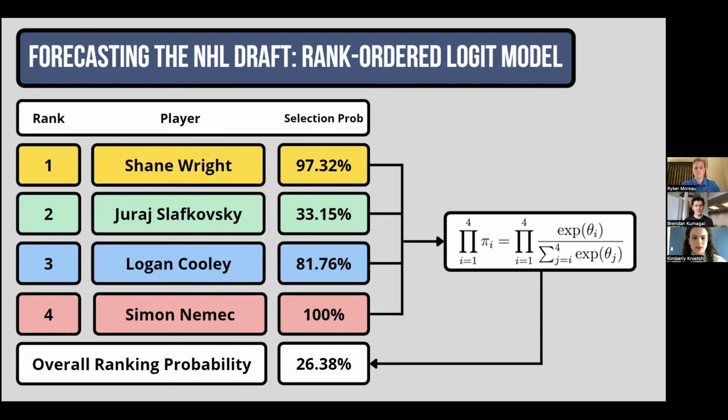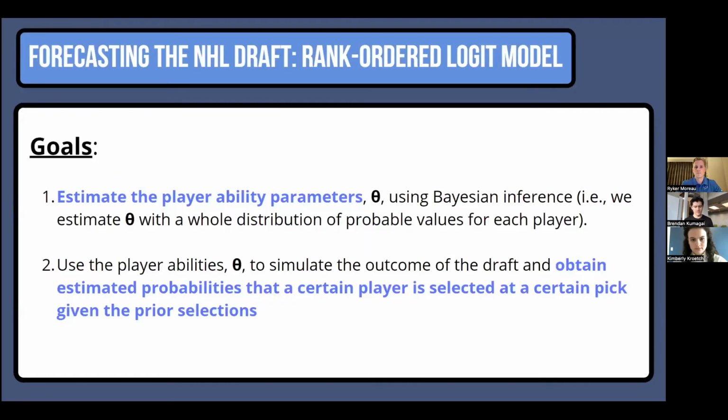And this can be written through this formula here. In our example, we find a 26% probability of obtaining our ranking set given the player abilities. So our goals are 1, to use Bayesian inference to estimate posterior distributions for each player's theta i, and 2, to use these distributions to repeatedly simulate the draft. From these simulations, we can estimate the probability that a certain player will be chosen at any particular pick, given